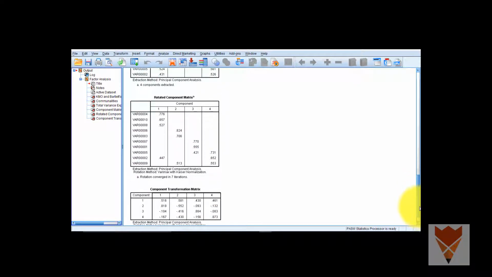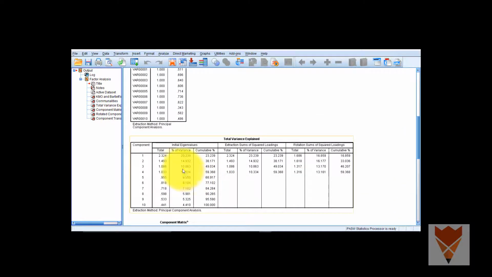Then we will check the number of factors that we have extracted. We can say that the initial eigenvalue is more than 1 up to the 4th value. So the number of factors extracted is 4, and the variance it is explaining, initial variance, is 23.239, 14.932 by the second factor, 10.863 by the third factor, and the fourth factor is explaining 10% of the total variance in this latent variable.